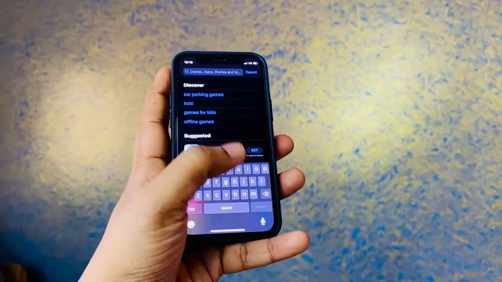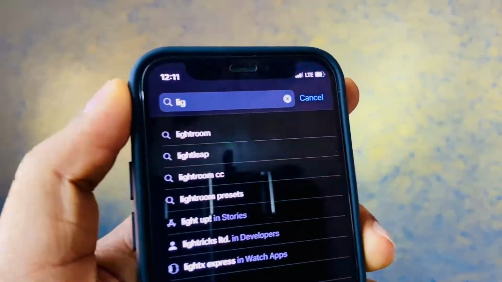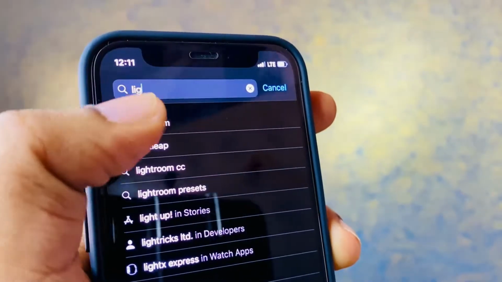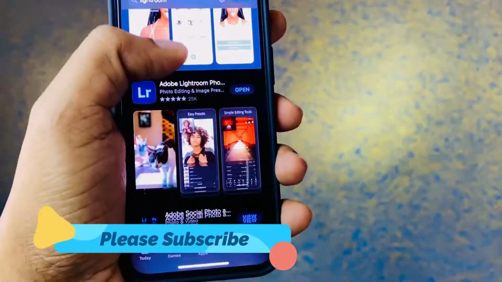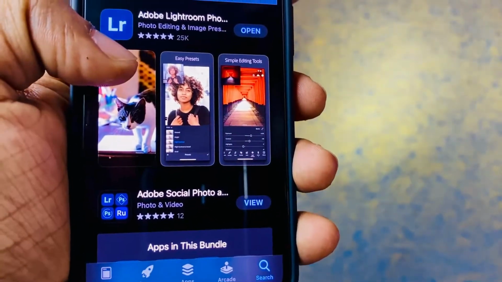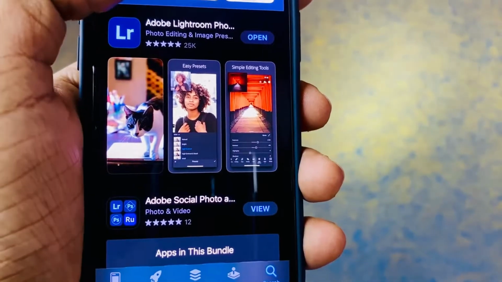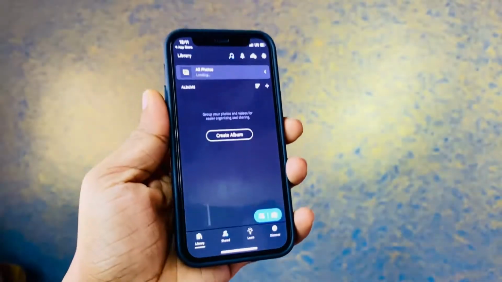So just go to the App Store and search for Lightroom, and this particular application is available for both iOS and Android. If you are new to this channel guys, please subscribe and also press the bell notification icon. So once you go to this particular Lightroom page, then you just have to install it, and I've already